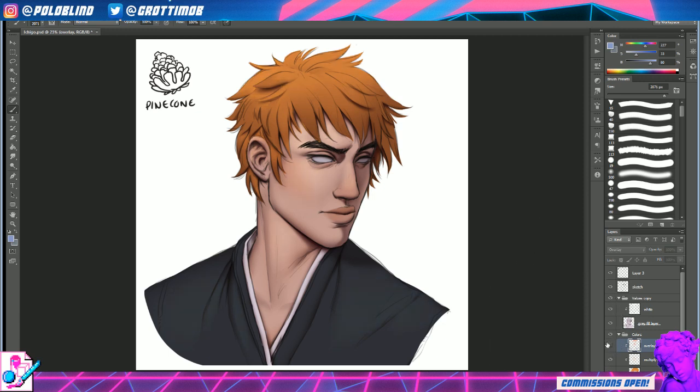Okay, so that's my overlay layer. So now his colors are a little brighter. Now what we're gonna do, like I said, I'm not gonna render today. So the last thing that we're gonna do for today's live stream is we're gonna clean up the sketch layer. So what I like to do,